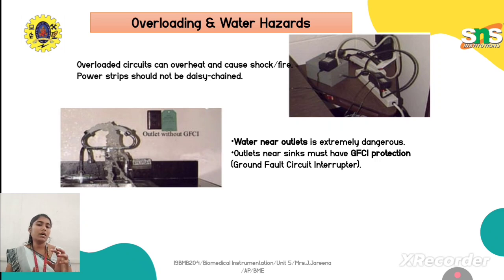And the second one is water near outlets. If you see outlets near water, especially a sink or wash basin, that outlet should have a proper GFCI, that is a ground fault circuit interrupter. If it does not have this GFCI, then obviously that outlet will have a high tendency to produce shock. So whenever you are using outlets near the water pipe, that is near the sink, we must use a GFCI protection circuit in order to avoid the shock. So these are a few real-time examples that